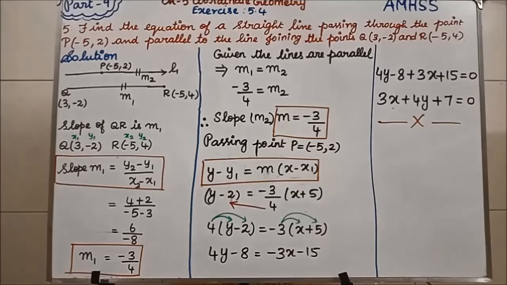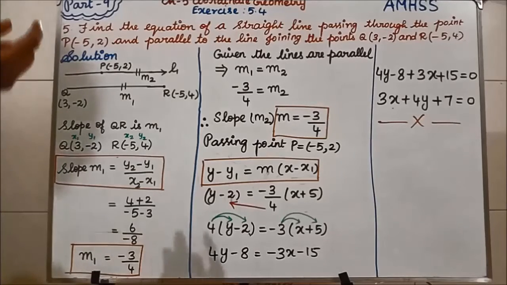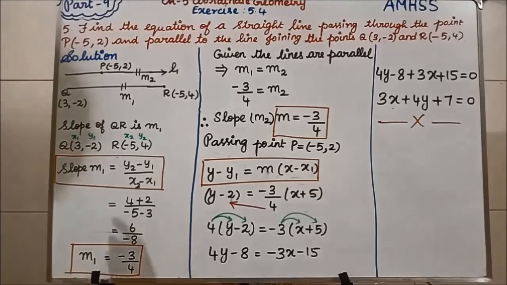Students, first, what are they asking us to find in the question? Find the equation of a straight line. That is the first line they have given in the question. We need the final answer in equation form. So the equation of a straight line will be in what form? Ax + By + C, which means the final answer should contain an x term, a y term and a constant term. Okay, first you keep that in your mind.